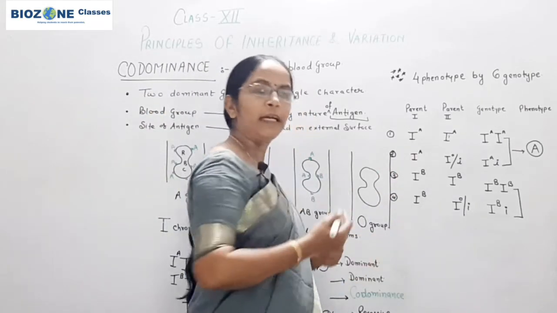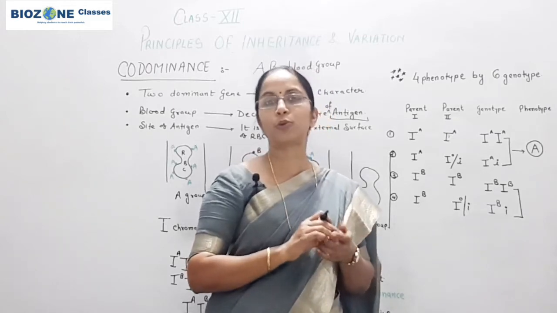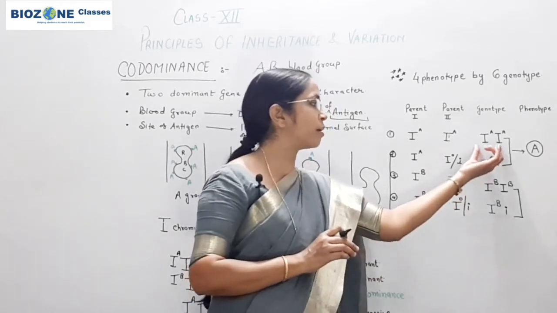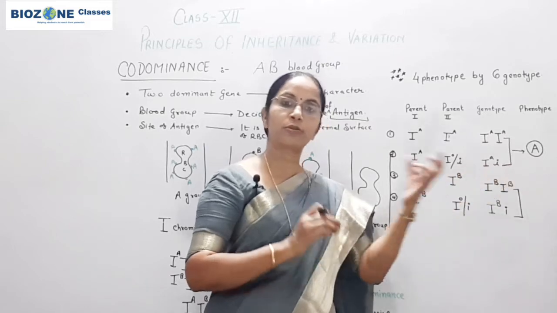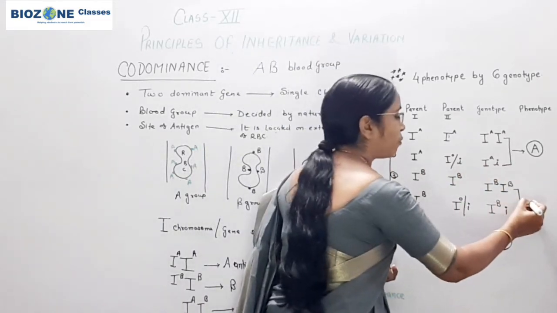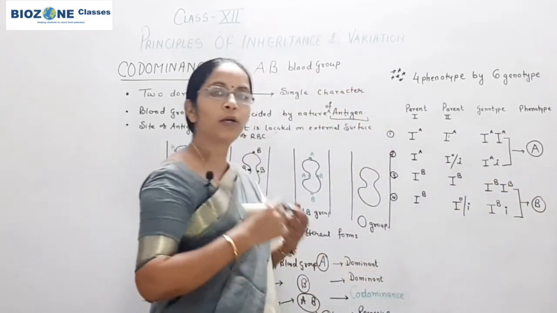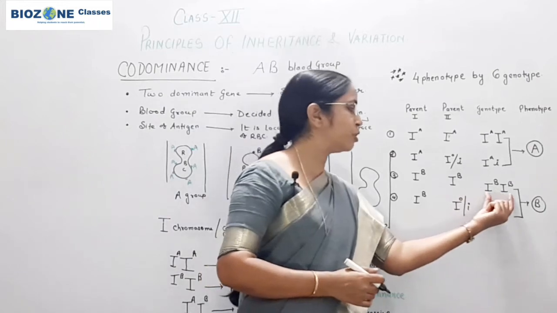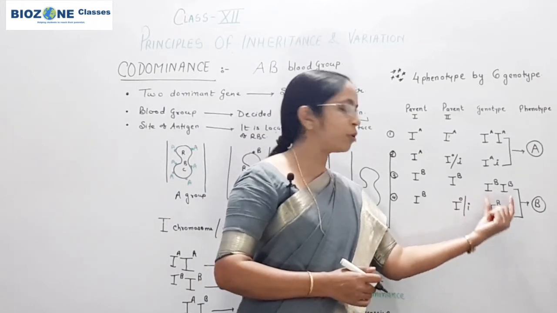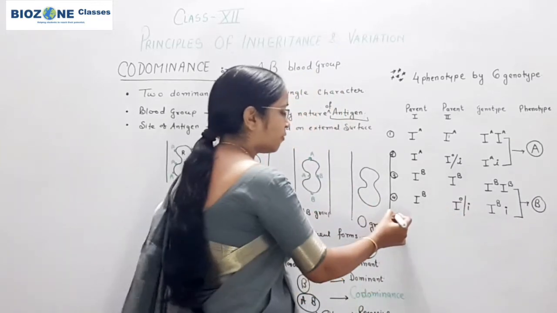And again, one is a homozygous condition, the second is a heterozygous condition. Dominant traits repeatedly, and in every session I am saying the dominant traits can be expressed as homozygous or as heterozygous. So this statement is very important for your objective type of question. So this B blood group, being a dominant trait, is expressed as a dominant homozygous genotype as well as a heterozygous genotype. Now we come towards the fifth condition.